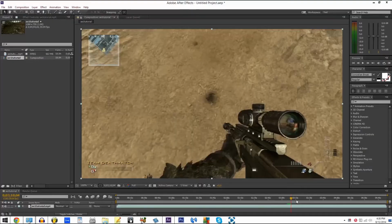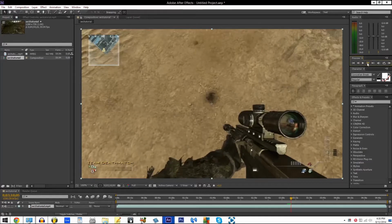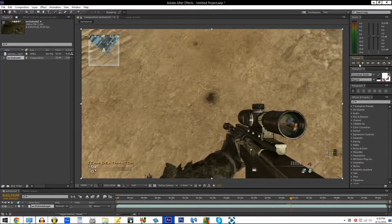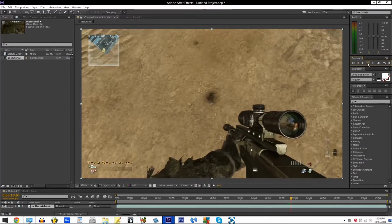I went ahead and before the video started found the exact spot where I started the reload. I came over here to my preview buttons, and on either side of my play button you can skip one frame, and you can see right there is when he starts moving his arm up for the reload. So you can see it goes up and then down a little bit. So I'm going to just pull it back one